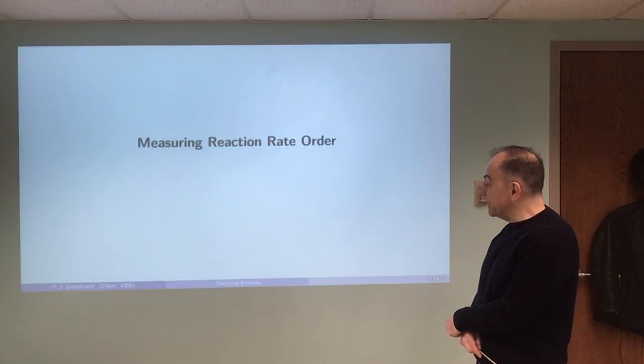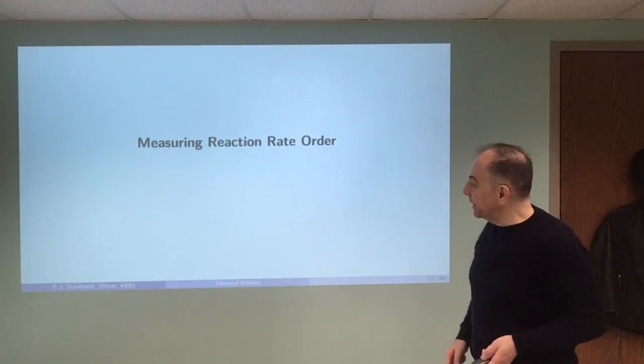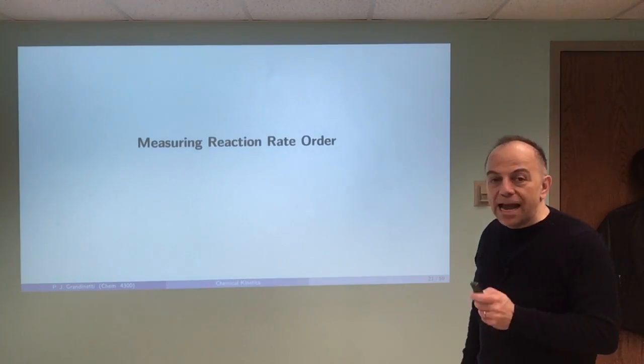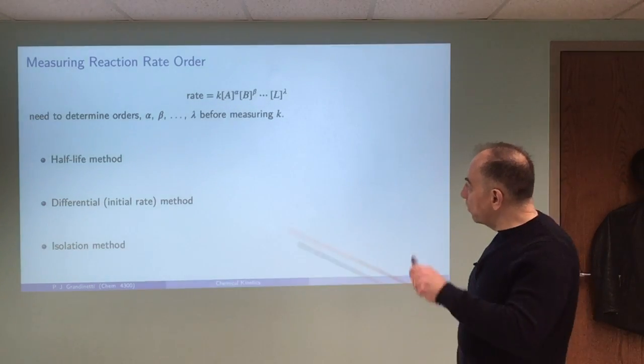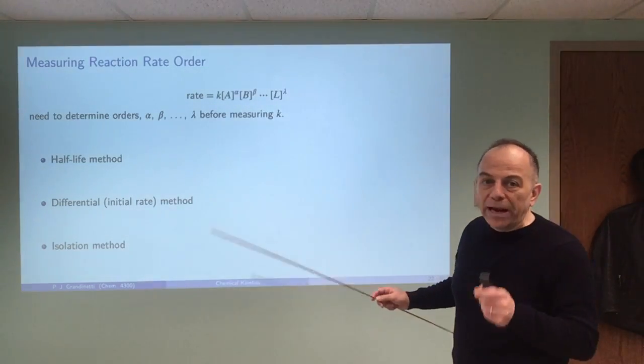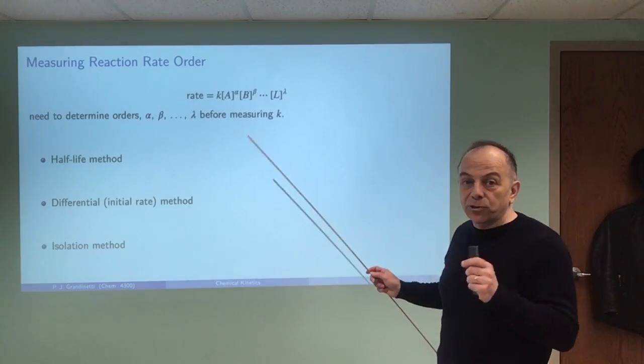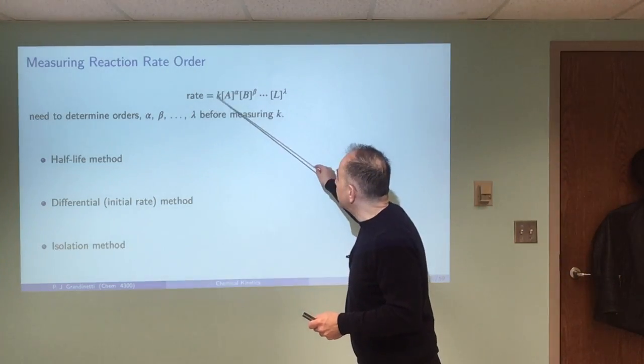In this video, we're going to continue the topic of chemical kinetics. And now we're going to look at ways that you can experimentally measure reaction rate orders. Now, one of our goals will be to measure the rate constants for a reaction. But before we can do that, we need to know what the actual rate law is that has this corresponding